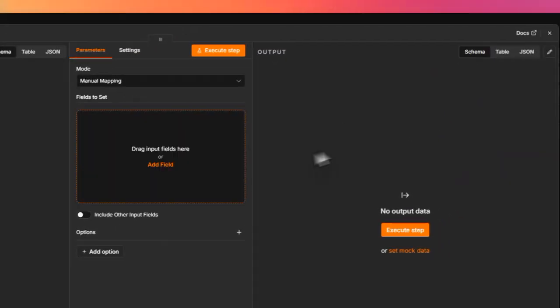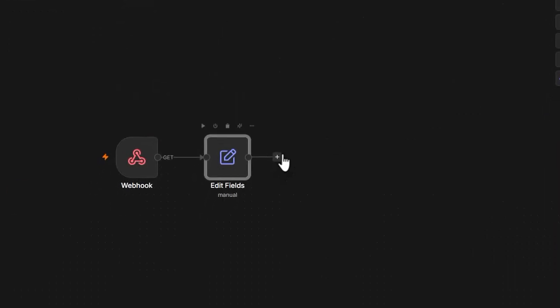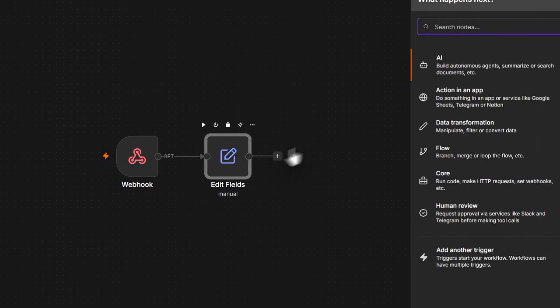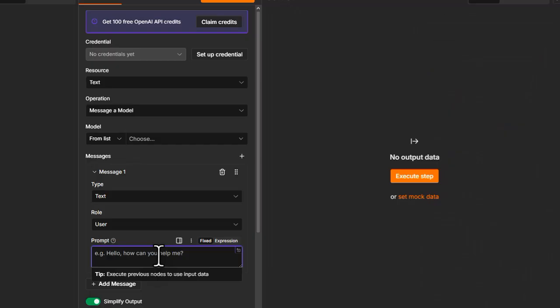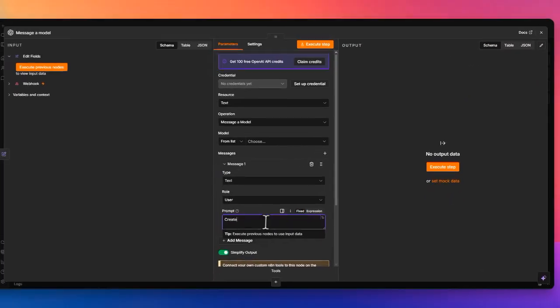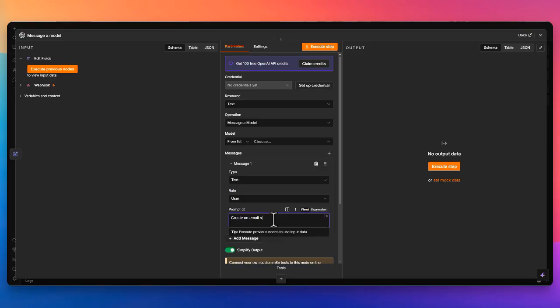Now add an AI agent node or OpenAI node. This is where the system generates your lead magnet automatically. You can instruct the AI to create content like a short book, a checklist, a guide, or even an email sequence depending on your niche. For example, your prompt can tell the AI to generate a helpful guide based on the user's interest, making it